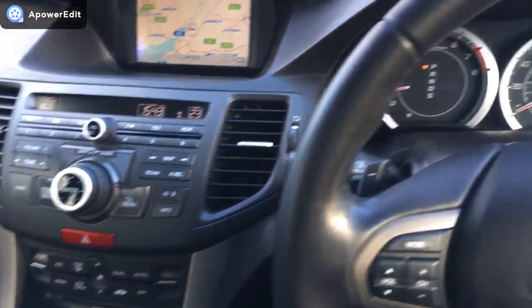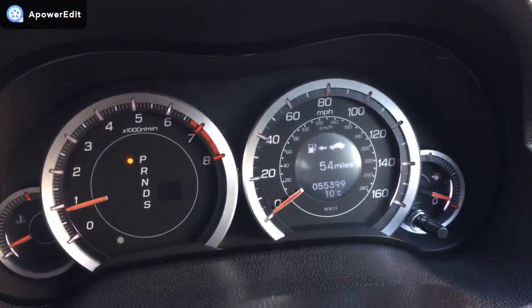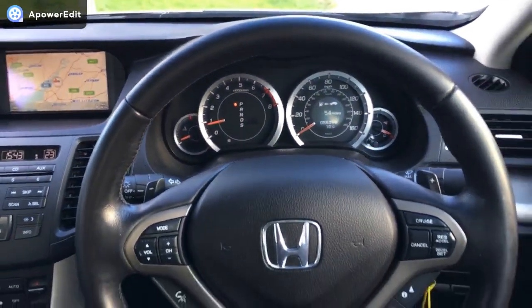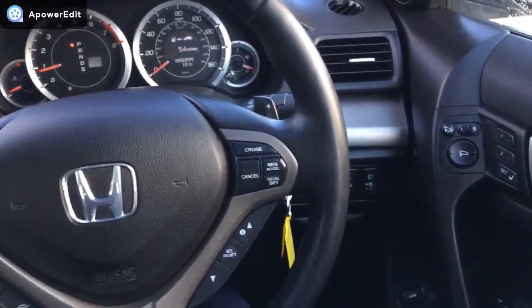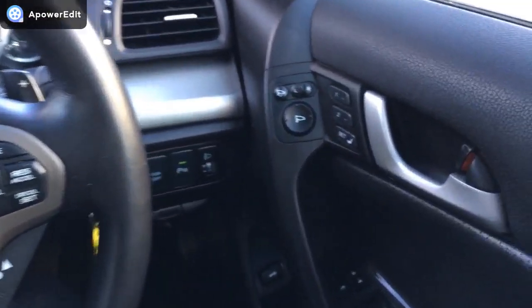Coming across the main dashboard binnacle, pan in there for you, hopefully you can see 55,399 miles, and there are no warning lights at all on the dashboard. Steering wheel all functioning exactly as it should, HFT etc. Looks and feels absolutely as new in hand,